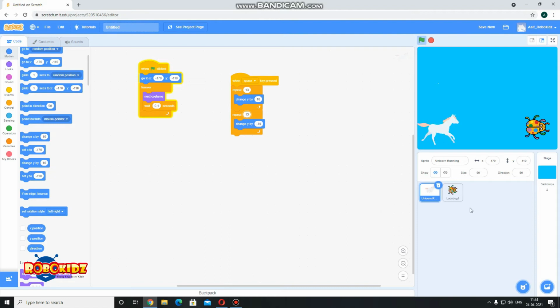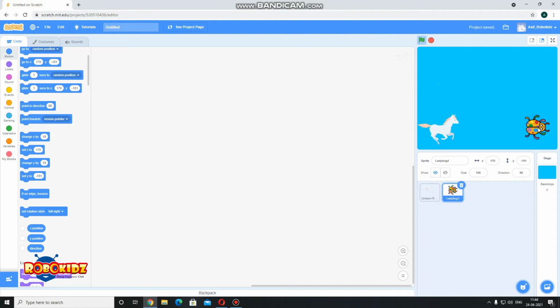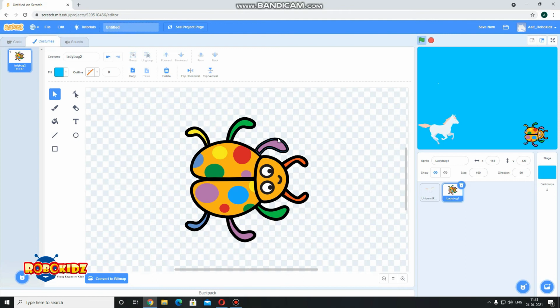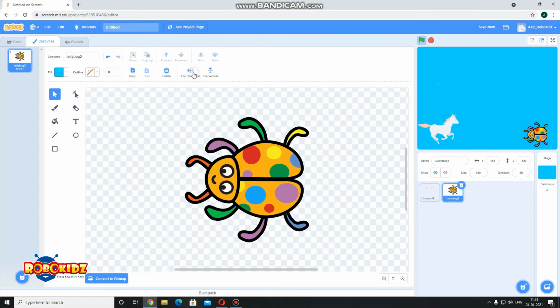Now let us go for the ladybug, the obstacle. Now I want this obstacle to glide across with a random speed only. So first of all, let us go to its costume because it's facing the other way, and here I'll just change it to flip horizontal. Now it is facing towards the unicorn, and then reduce its size to 50%.